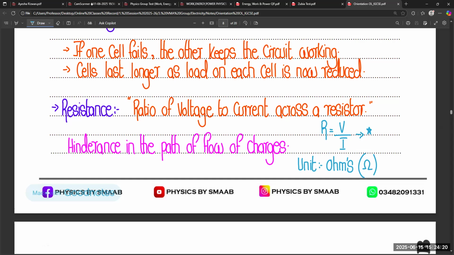And the SI unit of resistance is ohms, because we have Ohm's law in this chapter also, and Ohm is the name of the scientist. So that's why the SI unit of resistance is also named after the scientist Ohm. After that,